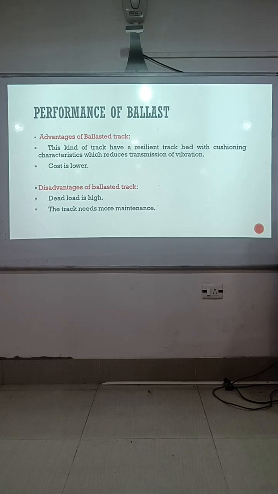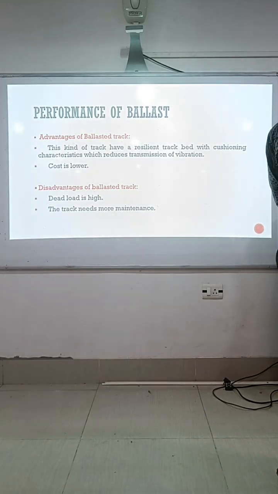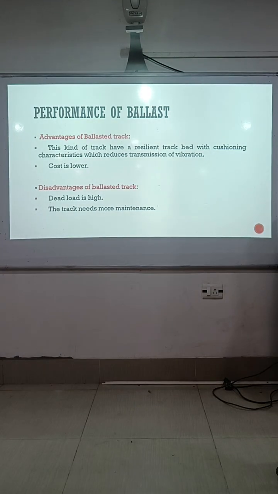If those ballasts are not there, then the cushion resiliency of the tracks is reduced, and if ballasts are provided, then the cushioning characteristics will be there. So this kind of track has a resilient track bed with cushioning characteristics, which reduces